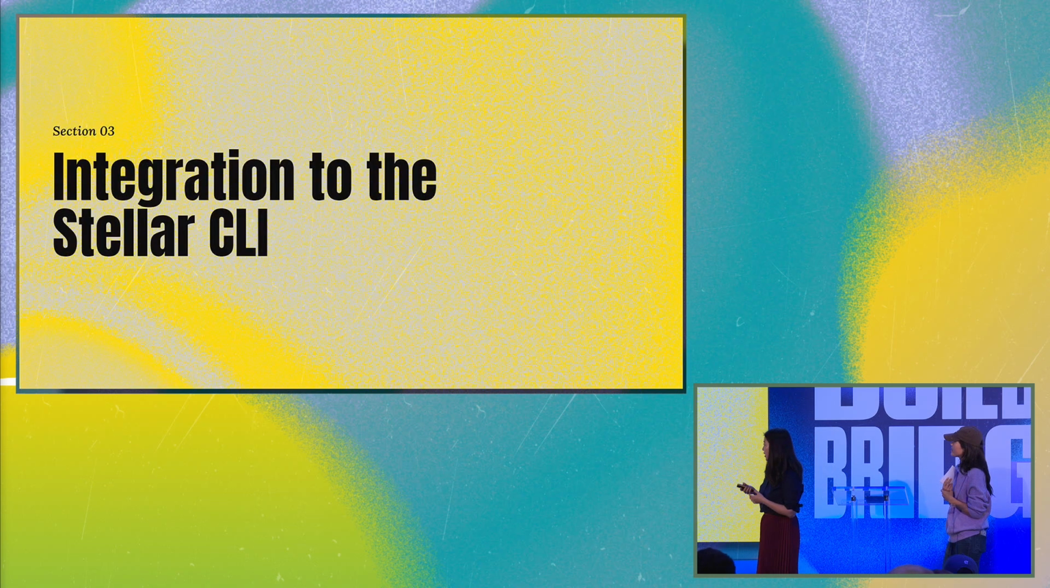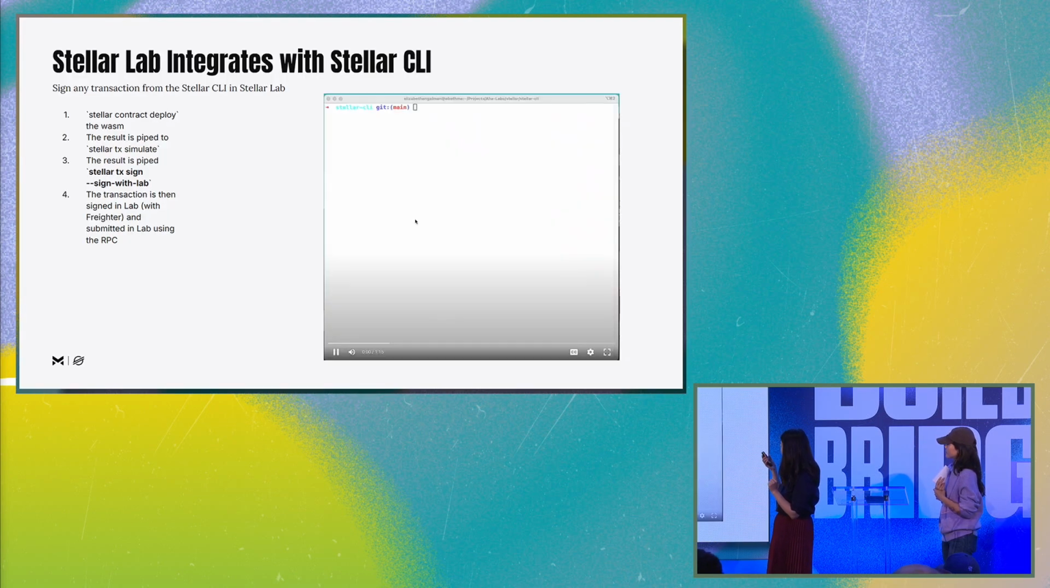As you know, we're also working on the Stellar CLI, which has a number of really cool features. But the Stellar CLI currently does not provide signing for all the wallets in the ecosystem. So here we create an integration to the lab. And you can see in this video that